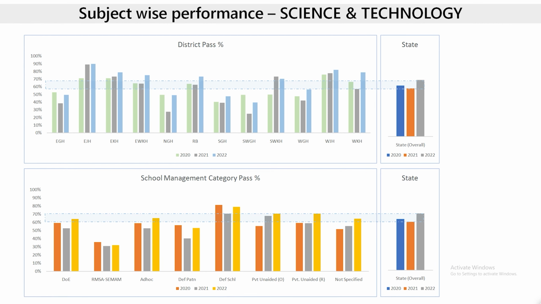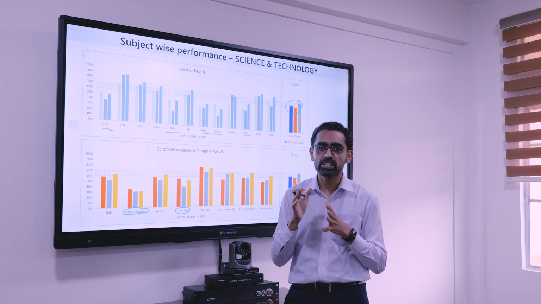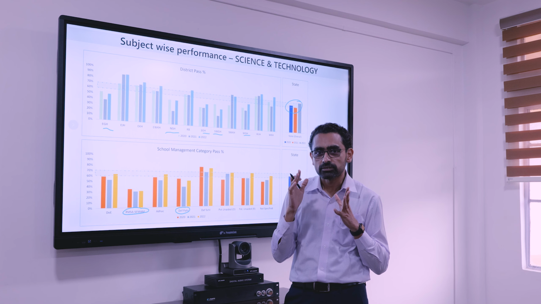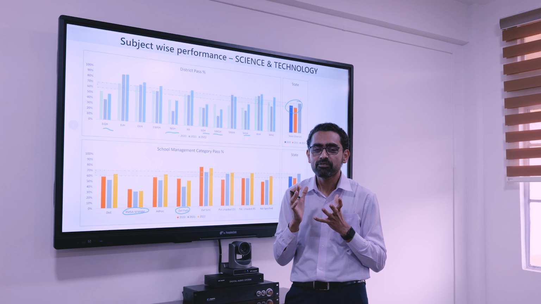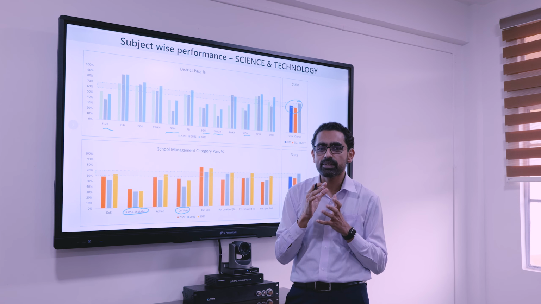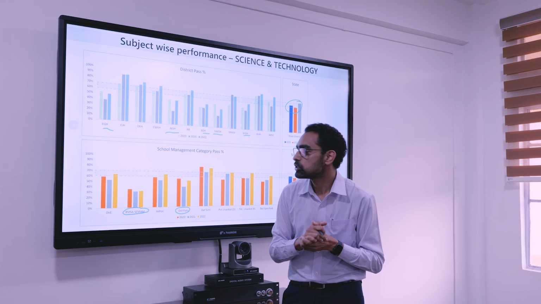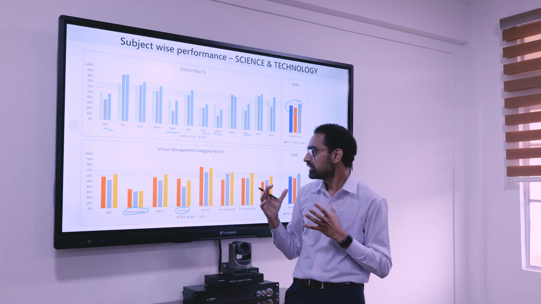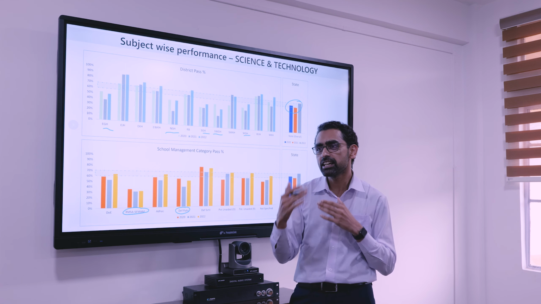One of the observations of various studies that have been conducted is that the focus now has to be on STEM, which is science, technology, engineering and mathematics. We need to focus on STEM because it is the foundation for overall learning when it comes to higher education as well. So it is very important that we focus on it. This gives us a picture of where these subjects are performing badly, in which types of schools. So in the years to come,